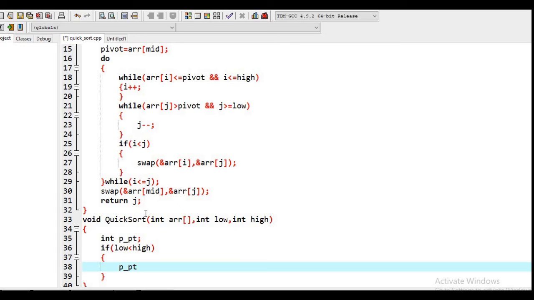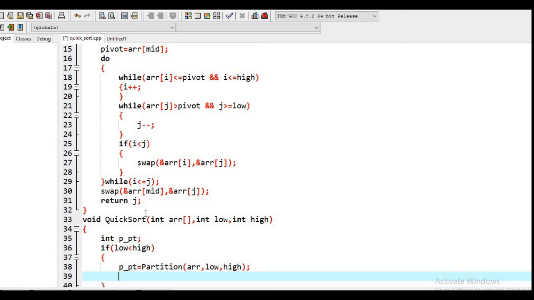So in p point, we are going to call the partition function in quick sort, and we are going to pass array, low and high. So this is the call of the partition function. Suppose we then get this partition point from this partition function.